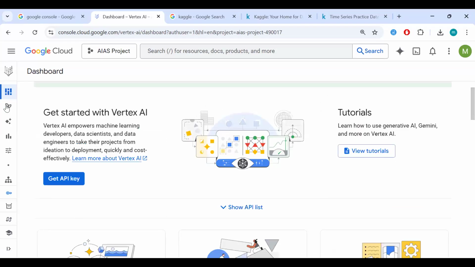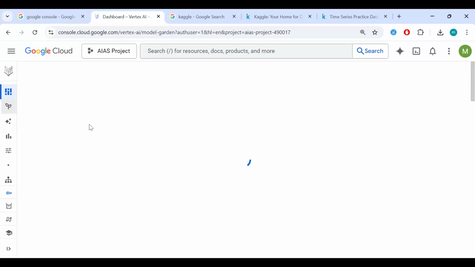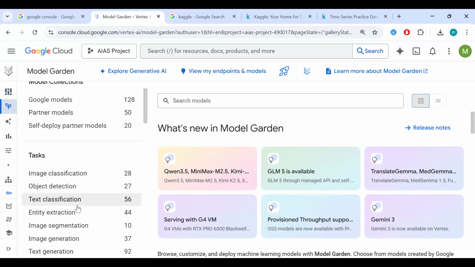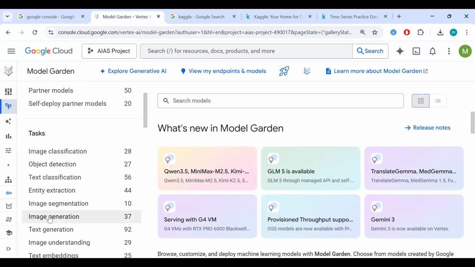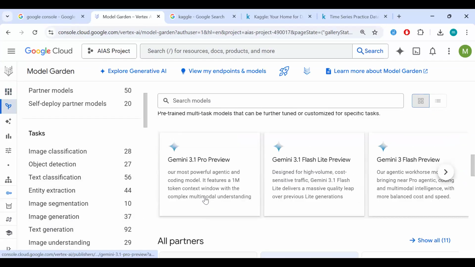All right. So like I said, we're still looking at the platform. You have the Model Garden, and this is where you see all the different models, foundation models we can interact with. And you can see the different tasks that they are mostly fine-tuned for: image classification, text generation, image generation, entity extraction, text classification, object detection. But today we'll be using a text generation model, right? As you can see, there's a lot of foundation models here.